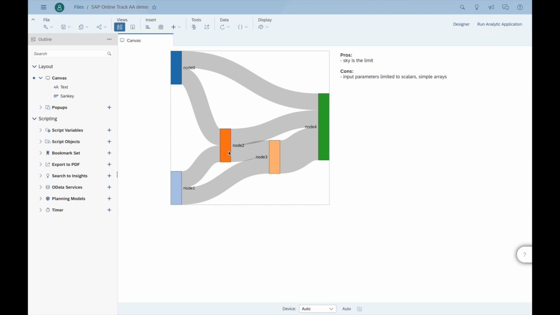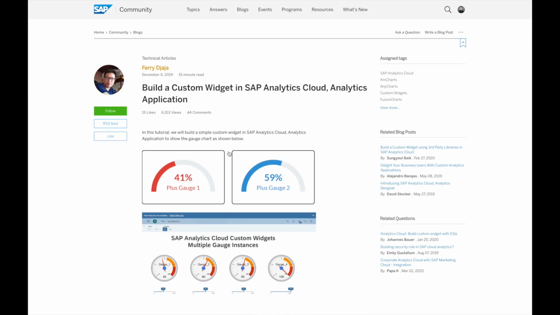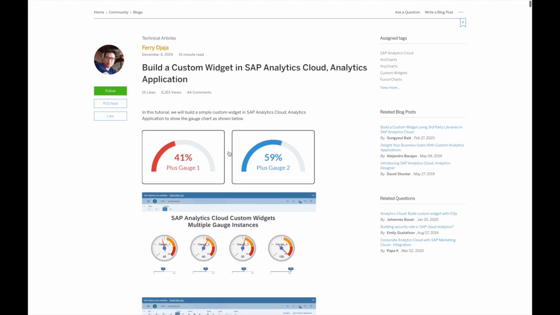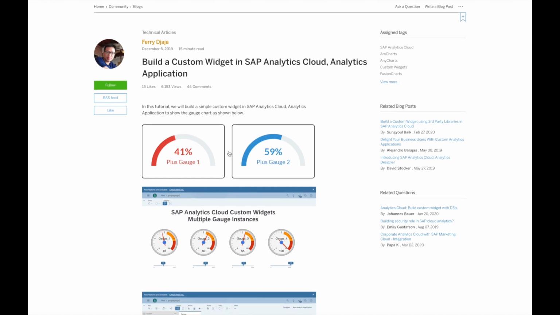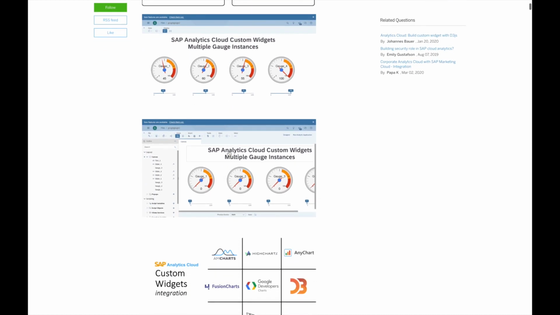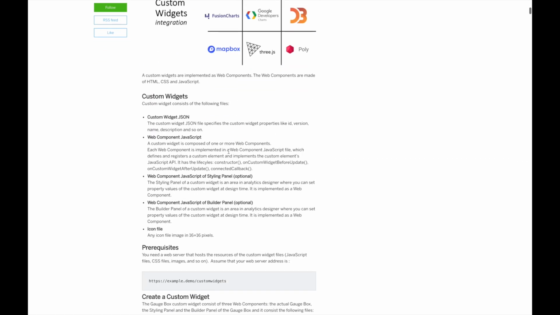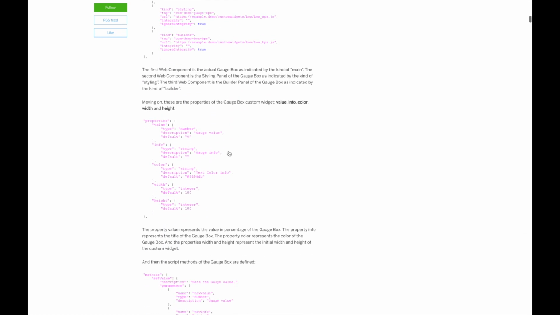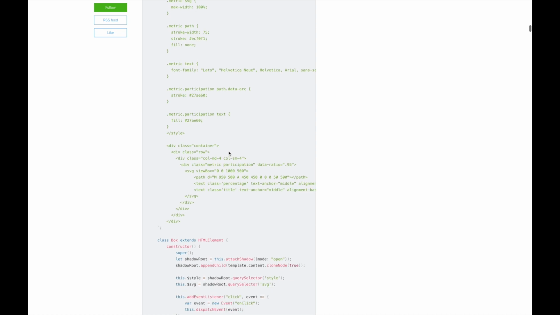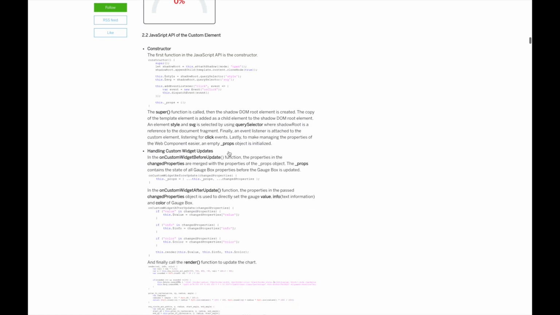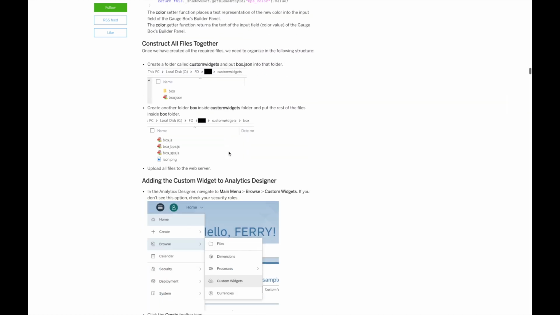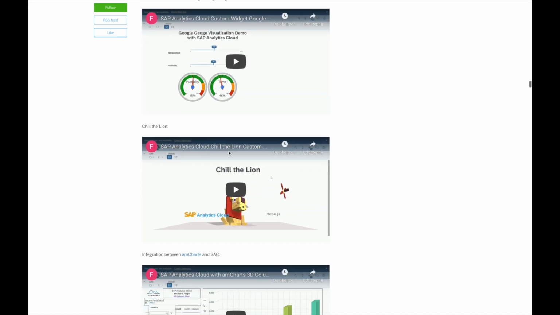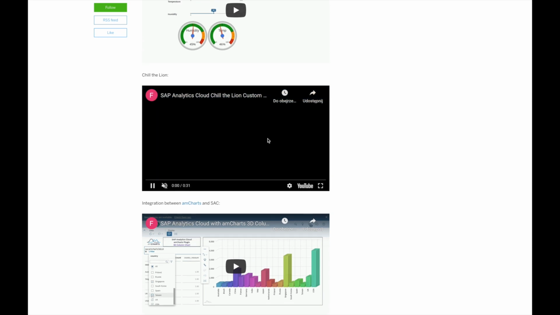If you're not convinced, I encourage you to look into the blog post by Ferry, which you can find on SCN. Within that post, Ferry describes how to start with custom widgets and what the prerequisites are. You can even follow an example to write your own code and try to implement it within your SAC environment. But what is even more fantastic, there's a set of great examples,